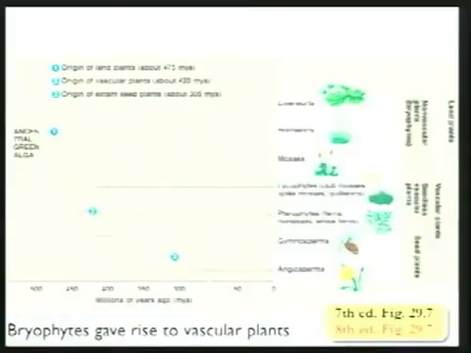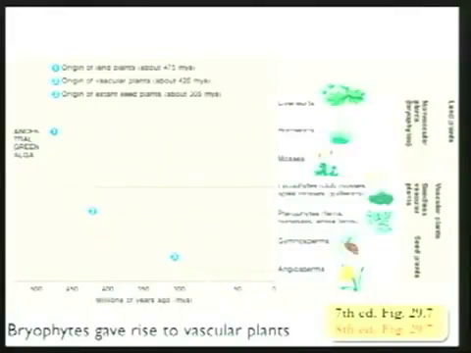Okay, so these are the 7 major groups of land plants that we're going to focus on in this course. There are others, but these are the 7 major lineages or clades. And here's the most recent common ancestor of all of the land plants, now extinct. Based on molecular and fossil data, we think this is back in the early Paleozoic. So right around the time we have a lot of multicellular life evolving, we have the land plants evolving,